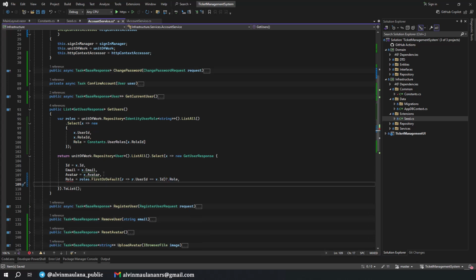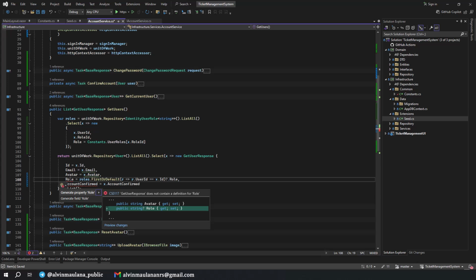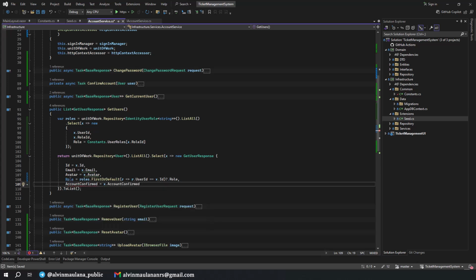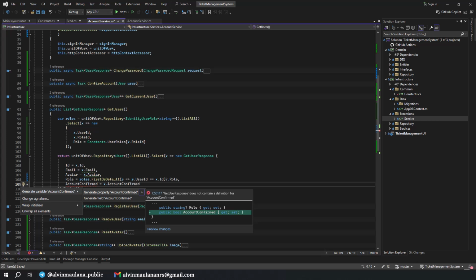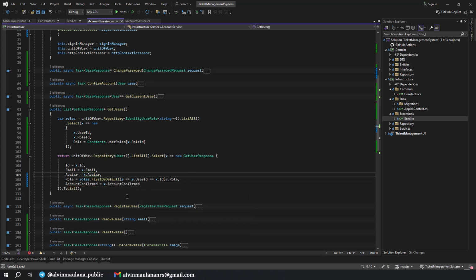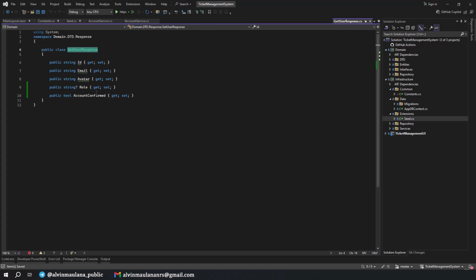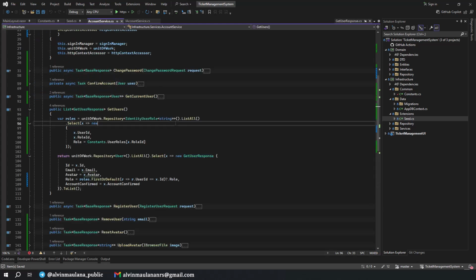And then we also show the account confirmed from the x account confirmed. Okay, nice. Now we need to have these two new properties. Yeah, just generate property role, generate variable. Okay, yeah, correct. Nice. Now we can see it should exist in here. Okay, now when we try to get the user, we should get this new information about the role and whether the account is confirmed or not.